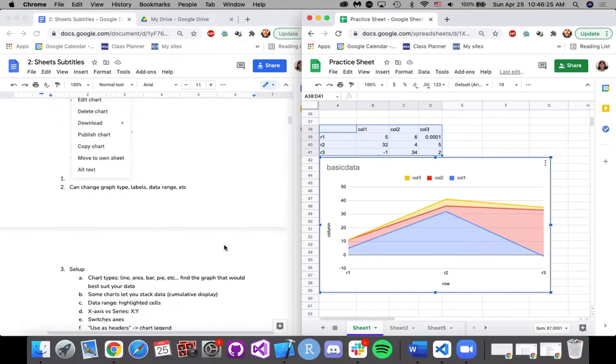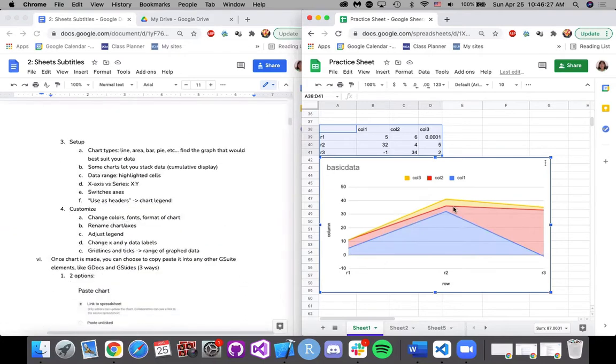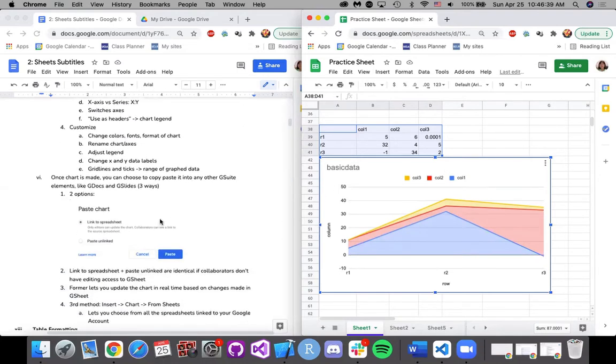Usually when you're making sheets out of tables like this, you don't just stop at making a chart here, right? You can copy paste into slides and docs for whatever lab reports you're working on. And whenever you do that, there are two options. So, well, actually three options. You can,